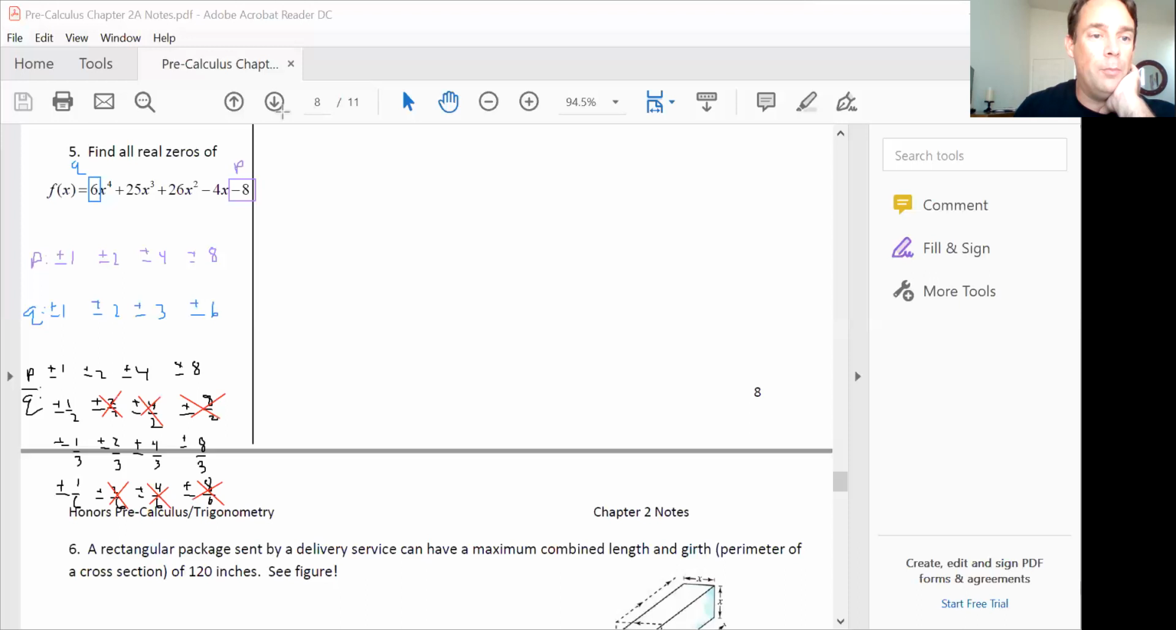So we're just going to go ahead and pick one. I know that 1 is not going to go in. So I'm going to just pick a number at random. Oh, if only I knew what number to pick at random. Chances are I do. I'm going to go with a -2. All right, so we have 6, 25, 26, -4, -8,